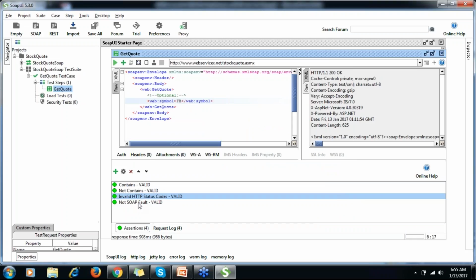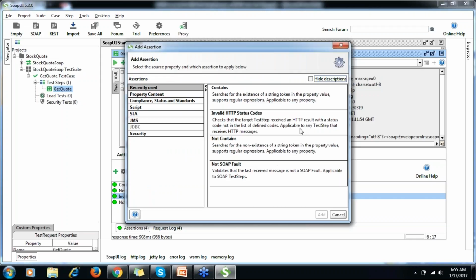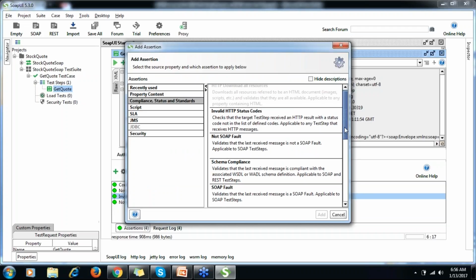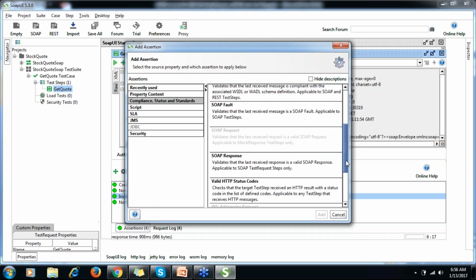If there is any SOAP protocol fault, meaning some error in the SOAP protocol response we are getting, then this will be marked red. Next is schema compliance, SOAP fault.